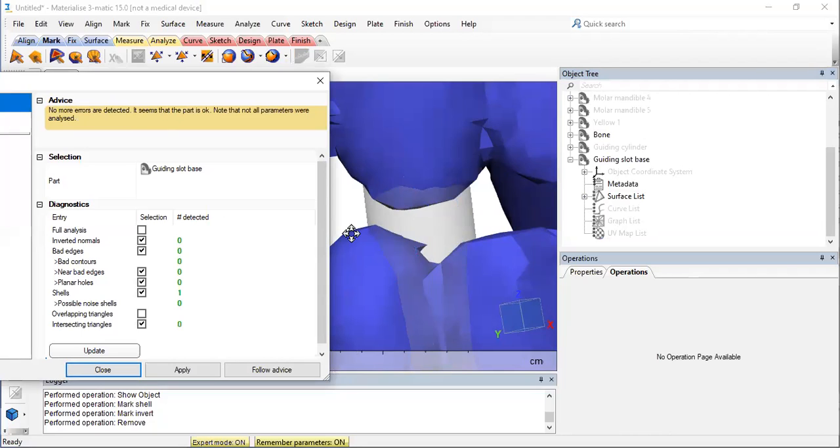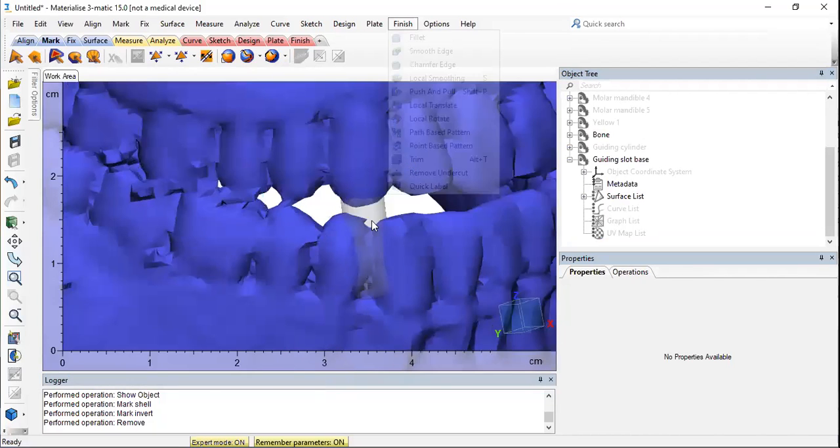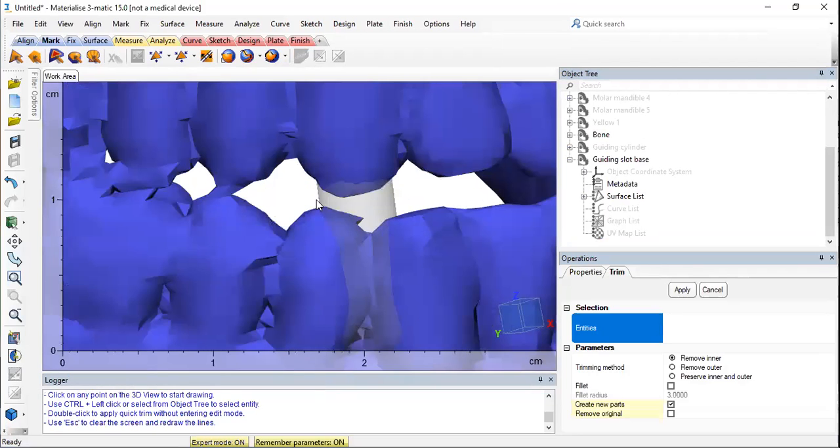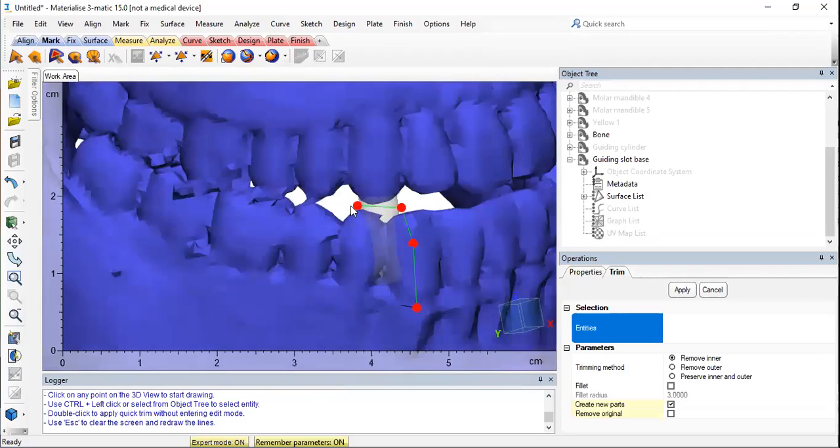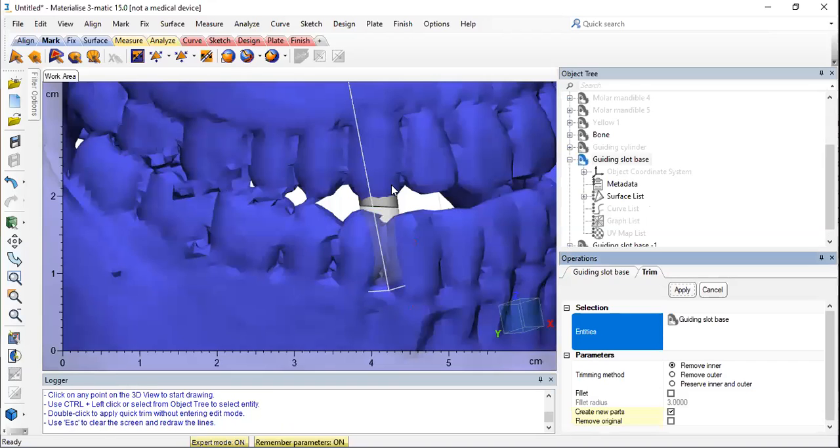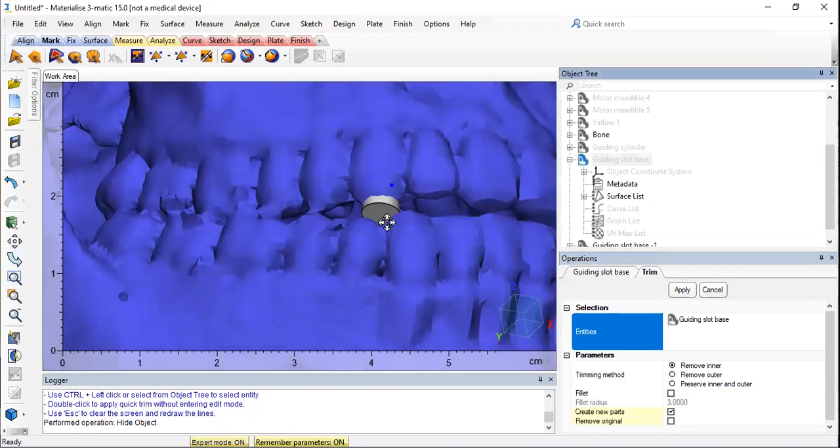Now we're going to trim this. So you have a solid opening here.